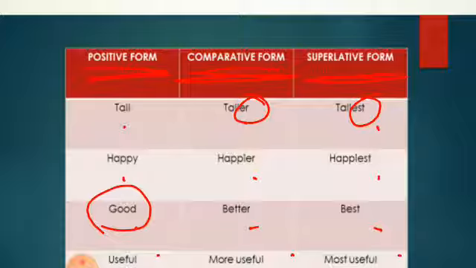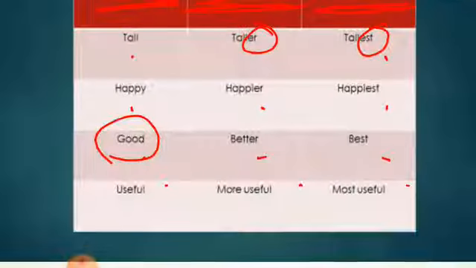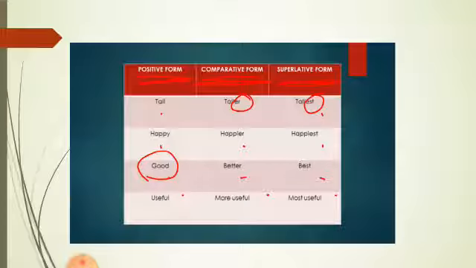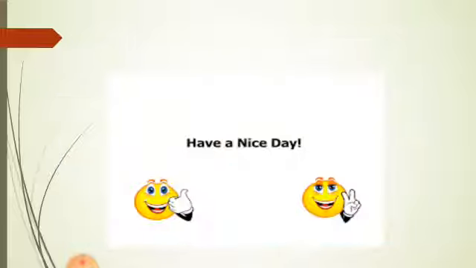For certain words, you can see we have used more and most. So, all these rules are explained in the book. Once you check, in case you don't understand, you can let me know. And once you have finished your exercises 1 to 4, I'll send you the correct answers to tally your answers with them.